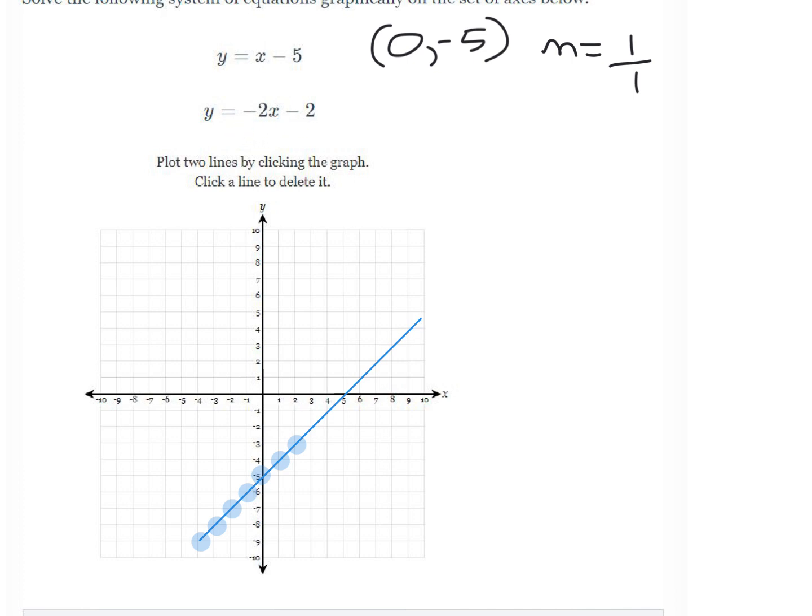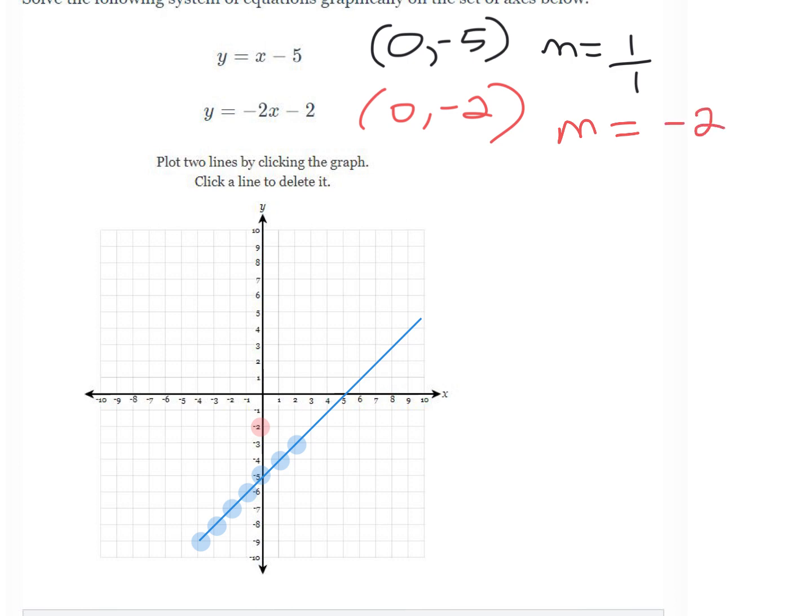All right, now, the next one is also in slope-intercept form. This one, though, has a different y-intercept. Let's see. When x is 0, the y is -2. It's simply this number right here. So I'm going to put a point at -2, which is right here. And this one has a slope of -2. Well, a slope of -2 means